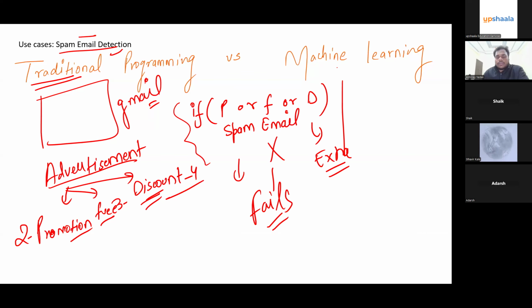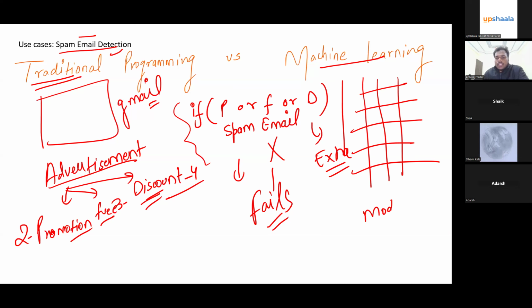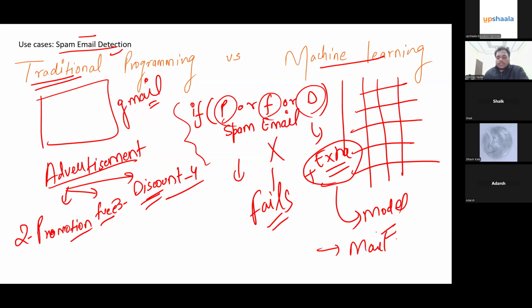So for that kind of approach or methodology, we use the machine learning technique. We take a large amount of data and train our model, and that model will be able to predict new things also, just like this extra. If extra comes up with these words, then certainly it will say your mail is spam in nature. So this was one more example by which you can differentiate between traditional programming and machine learning.